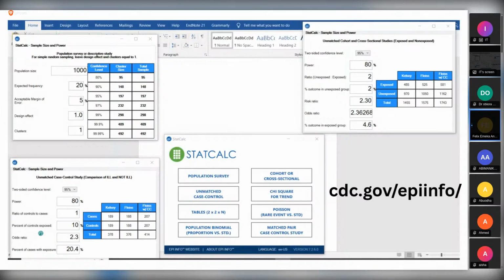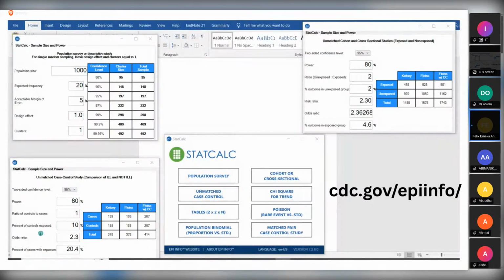And you will notice that as the confidence interval is increasing, your sample size is also increasing. So taking a higher confidence interval means you're ready to do more work by having more numbers. So 95% is fine. So based on a prevalence of 20%, your minimum sample is 197. So when you have this minimum sample of 197, they will now tell you to add a non-response of 10%.